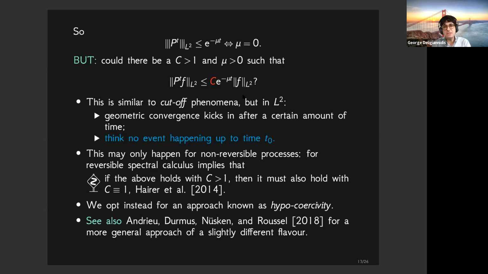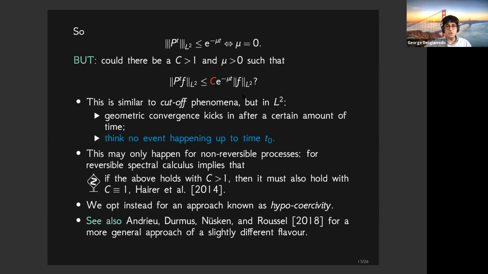So obviously the constant here being more than 1 means that essentially this inequality cannot tell you anything about mixing, at least at the very first few time instants. So for a very small amount of time, we cannot actually say anything about contractivity because this inequality is trivial. And this is similar to cutoff. So cutoff phenomena in many algorithms that have been analyzed in the literature, but the difference here is that